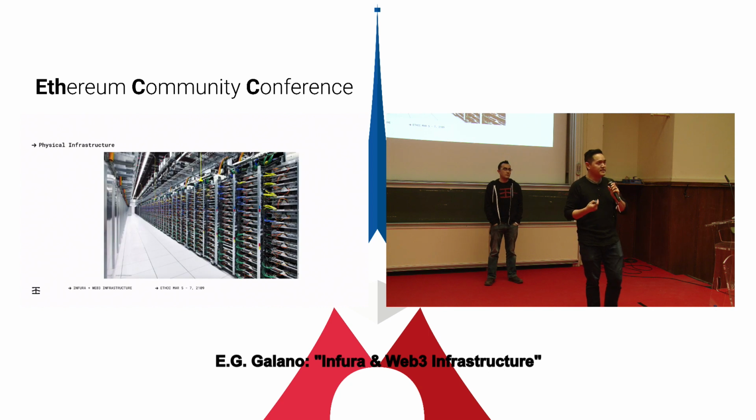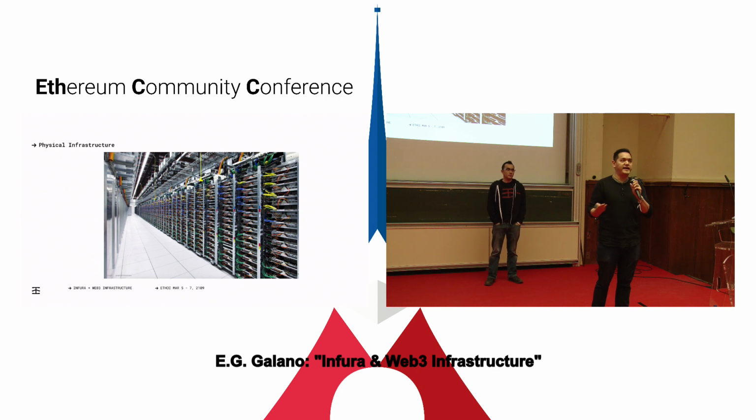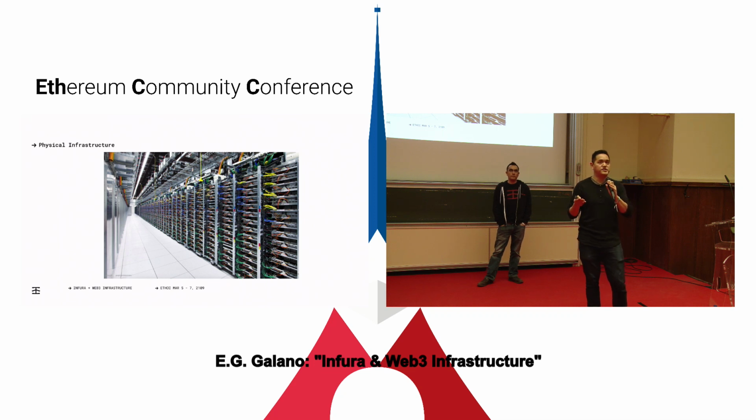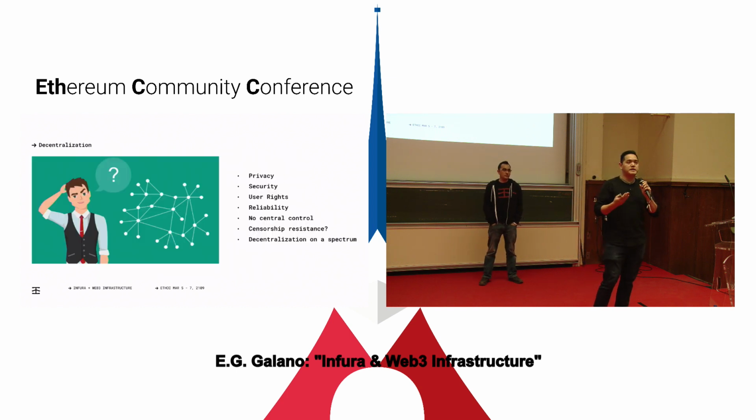And so talking about the physical infrastructure, we're building these decentralized applications through these peer-to-peer clients, but the centralization still is there when you start to talk about the physical infrastructure. We're still in these centralized data centers, and you're still running on the same fiber backbones that everybody else on the internet is running on, whether you're Venmo or Twitter or Filecoin. When you're talking about decentralization, a lot of people talk about it as if it's very clearly defined, like, yeah, it's decentralized, it's great, but there are many flavors of decentralization, and decentralization is a spectrum.